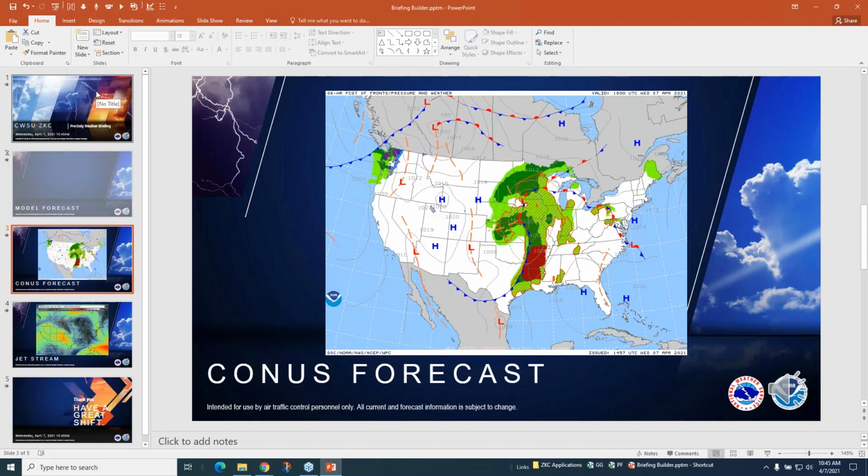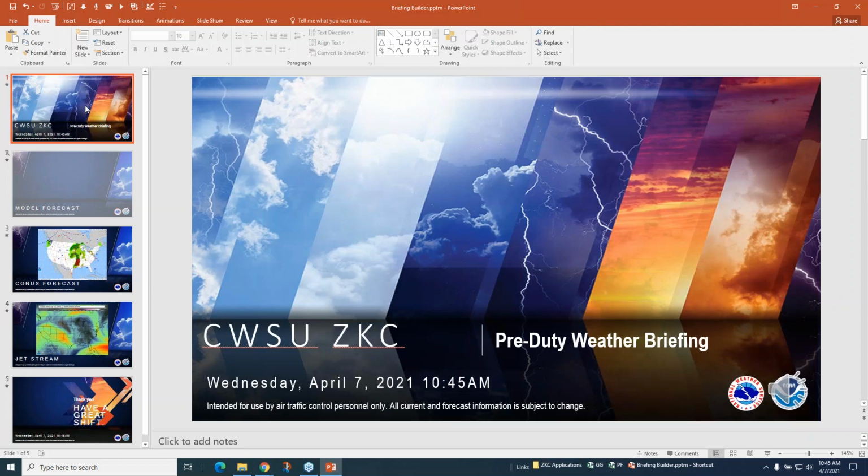So the next thing is just to record your audio. Now I'm just going to go through this real quick, just put a little audio on each slide. The thing I want to note is if you're using Camtasia or something where you're capturing your whole screen, you have to capture the whole thing all in one shot. The nice thing about this setup is it saves the audio individually for each slide. And I'm going to make a mistake on purpose here, just to show how this works.